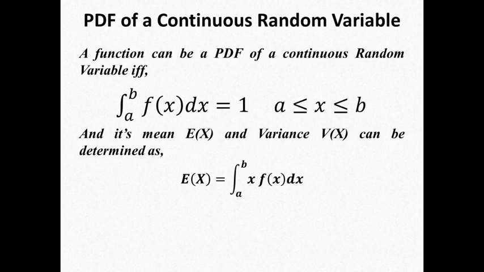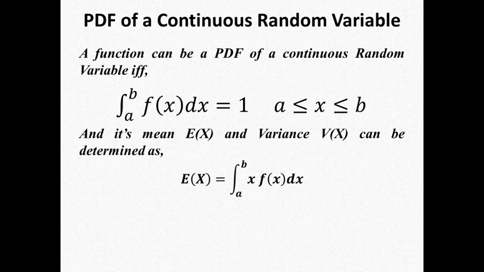So the formulas for finding the expected value of x and the variance of x are these. The expected value of x in a discrete random variable, if you do remember, can be found by taking the product of x with the respective probabilities and summing the values, and we get the expected value of x in the discrete variable case. But since this case is of a continuous variable, we have to do the same procedure but by using integration. Okay, so the integral from a to b of x multiplied by f(x) dx